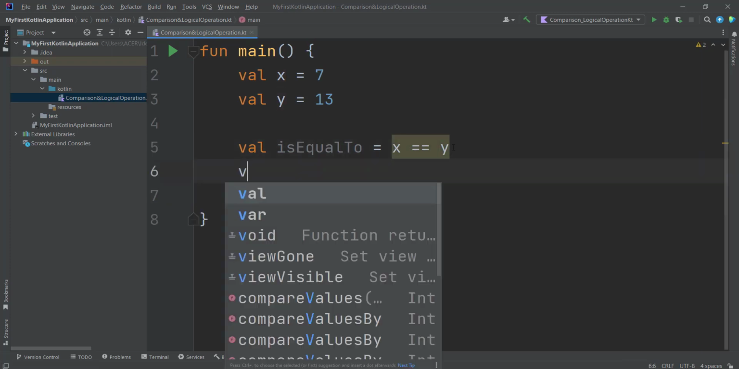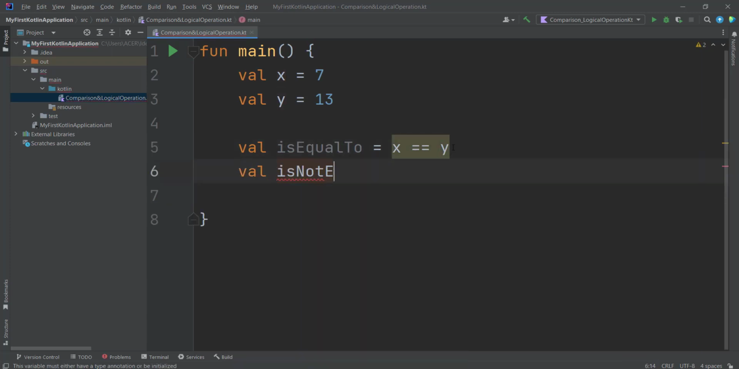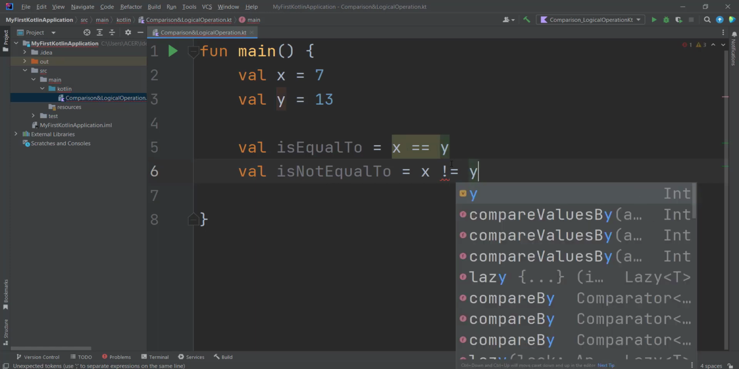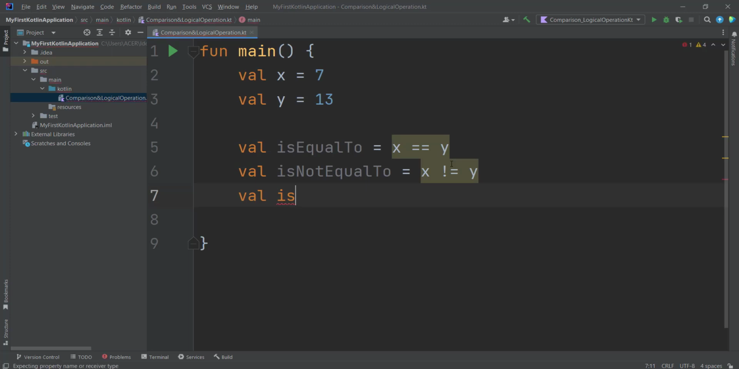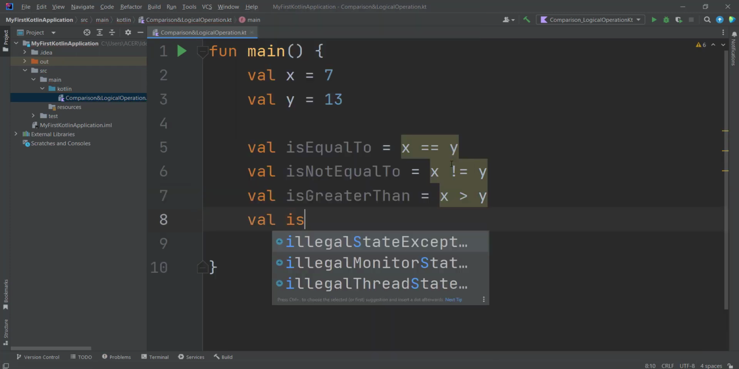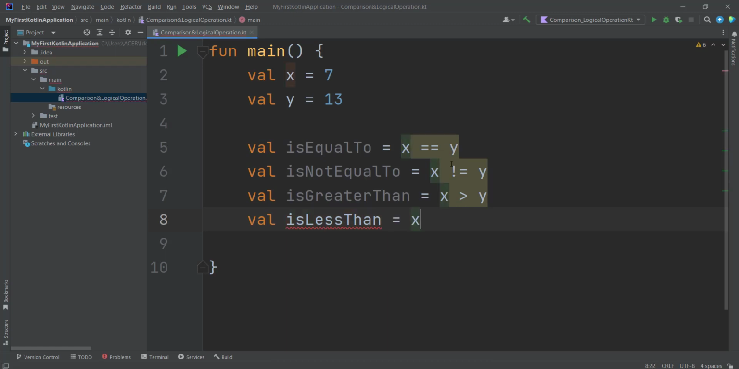Let's have not equal to, so is not equal to. Here we're checking if x not, so this is the not operator, equal to y. Let's have other operators as well, so is greater than, and here we're checking if x is greater than y, is less than, is x less than y,